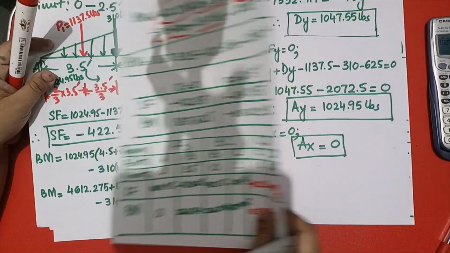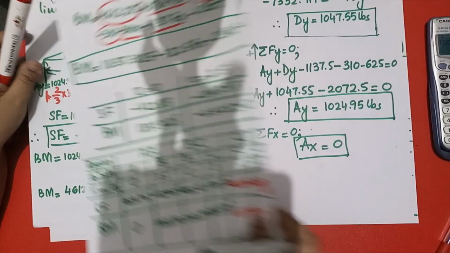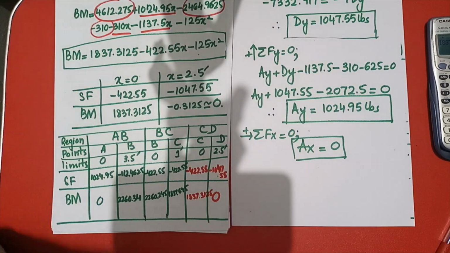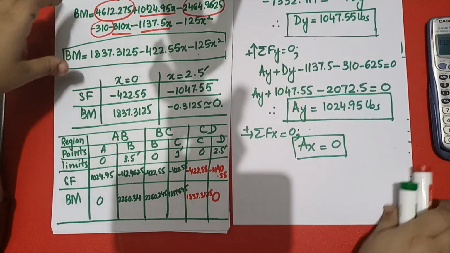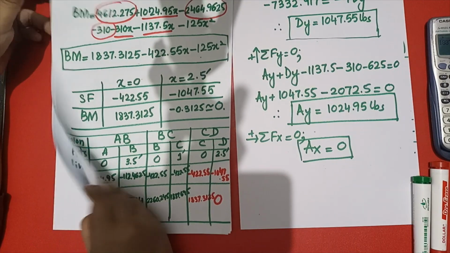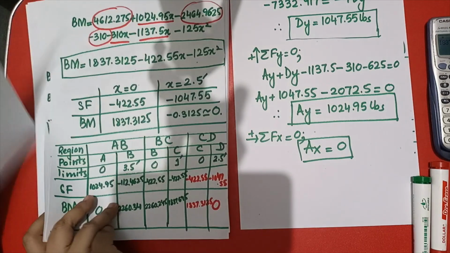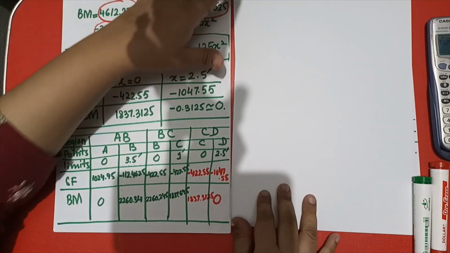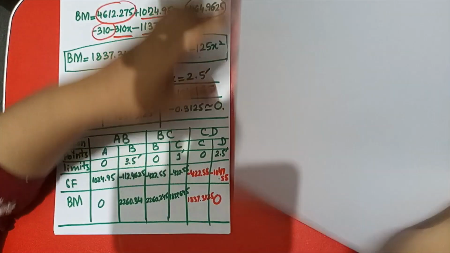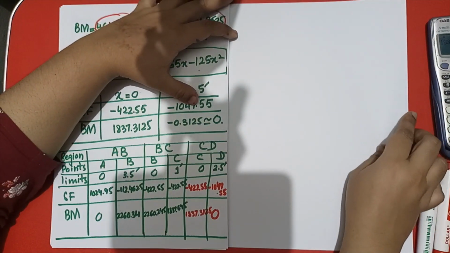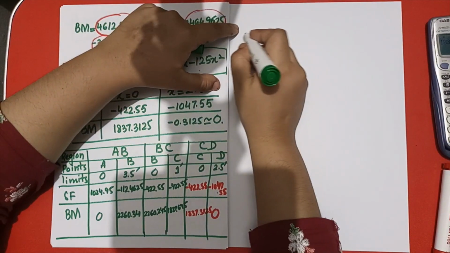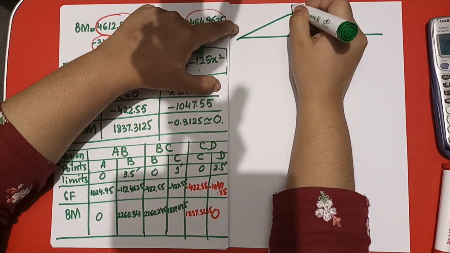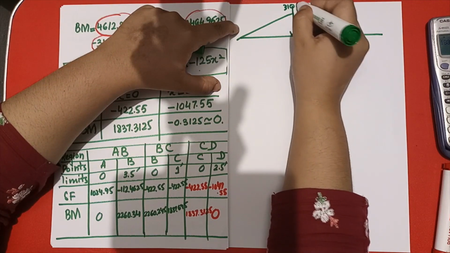So the next and final step will be what? We are going to draw the shear force and bending moment diagram. So let's see how we are going to draw the shear force and bending moment diagram. So we have tabulated the data in the table, and now I am going to draw the first diagram. So this is 310 pounds,